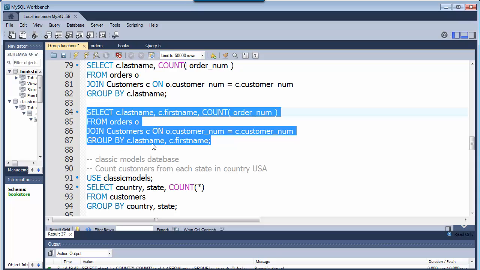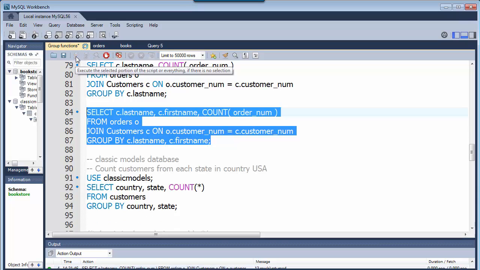And in essence, what it's going to do is sort first by group, I should say, first by last name. And then within the last name, it will group by first name. And then, of course, it will do a count based on those 2 groupings. The only customer this affects happens to be Smith in this database because that's the only person with the same